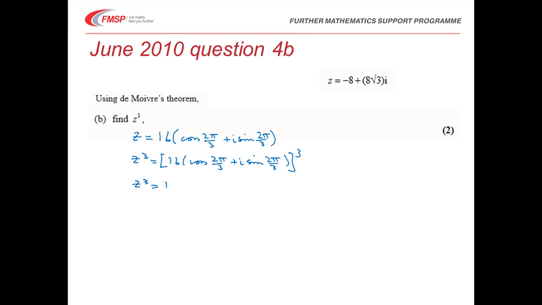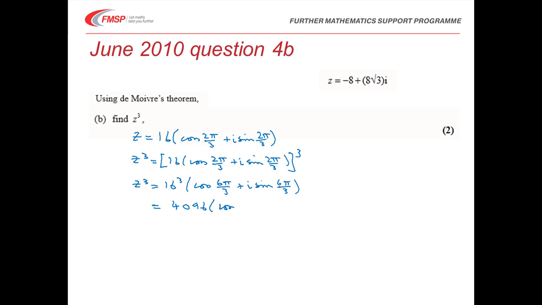So z cubed is going to be 16 cubed, and then de Moivre's theorem will give me cos 3 times the angle plus i sine 3 times the angle, which tidies up a little bit to